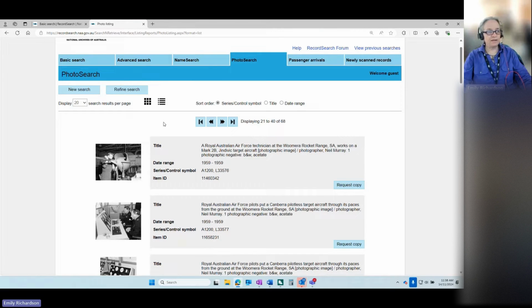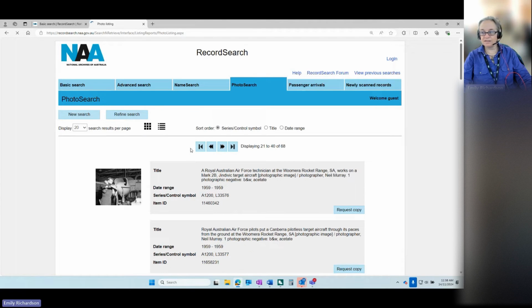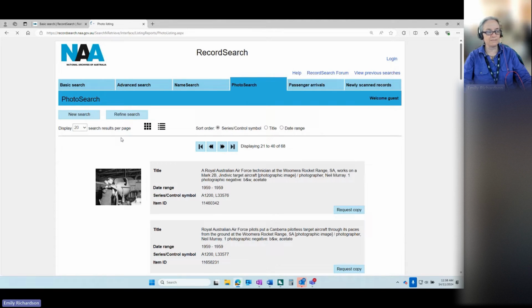Now, we've got here the Woomera rocket range. If I click on the picture, it shows me a bigger picture and the same information. And if I click on this, it doesn't do a lot. But what I can do is return here to the listings. So if you can see here, I can hop into the picture, go back to my search results with the return to listing. Now, if I want to refine this search a little bit, I can click on refine search,